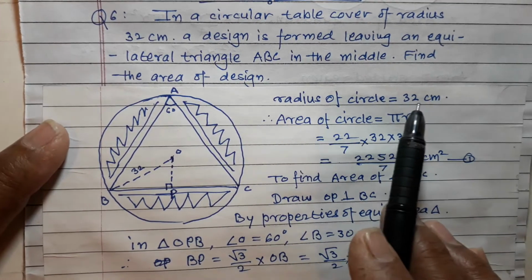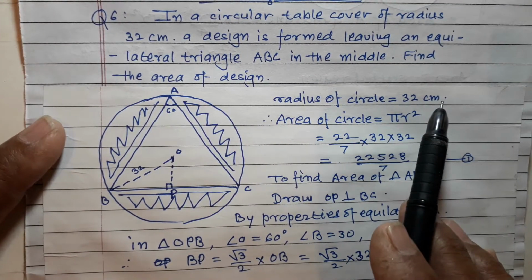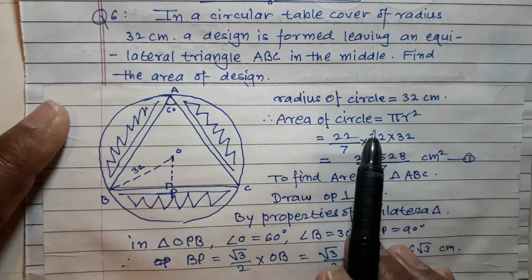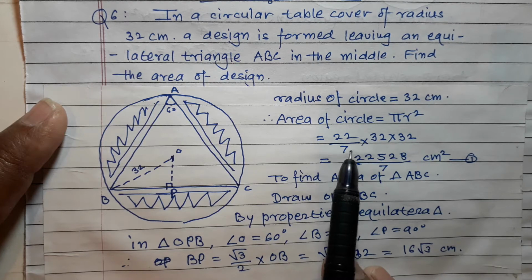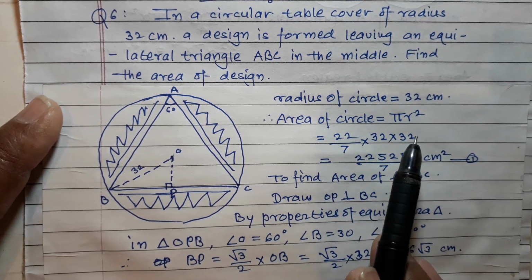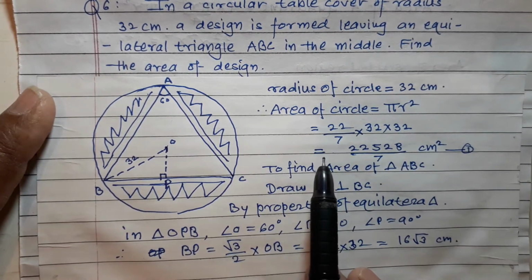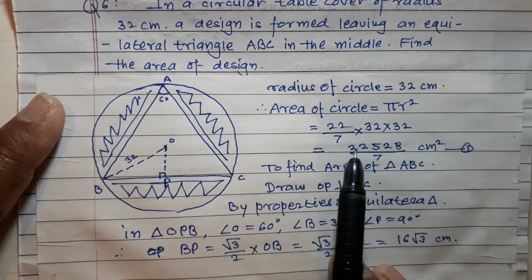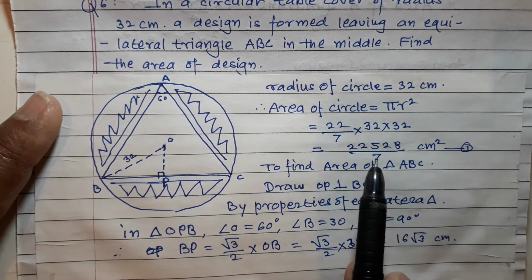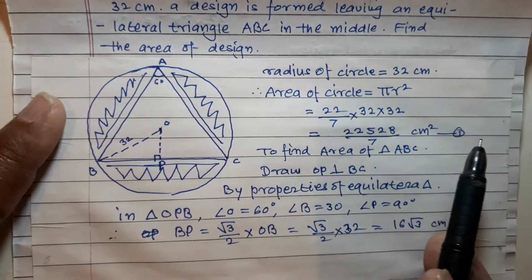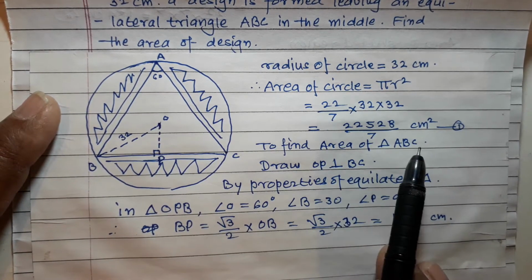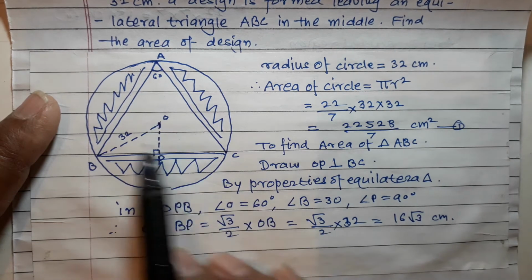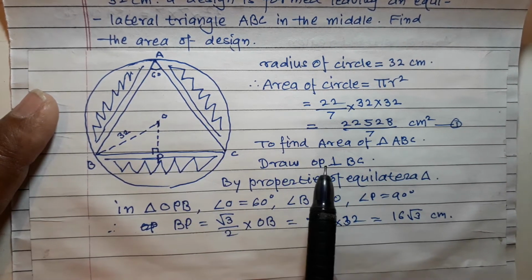Now radius of circle is equal to 32 cm. Area of circle is equal to pi r square. So 22 upon 7 into 32 into 32. Simplify this, you will get 22528 upon 7 cm square. Statement number 1. To find the area of triangle ABC, draw OP